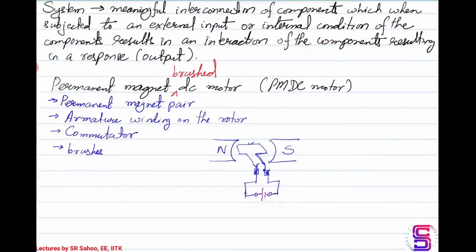So the output of a system is basically a quantity of interest that is being affected by the interaction of the components due to the external stimulus or the internal conditions of the component. Output is something that is of interest to us. For example,